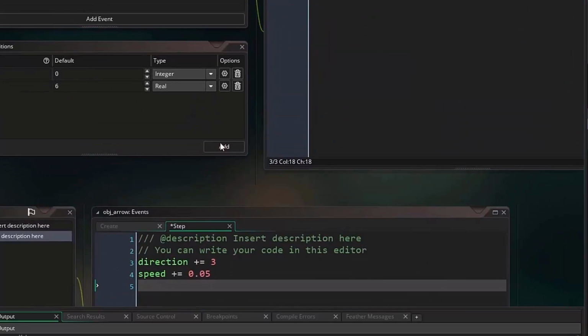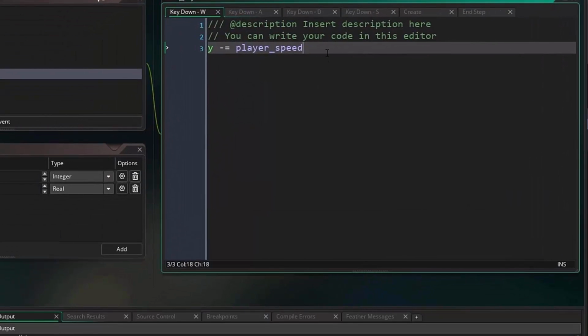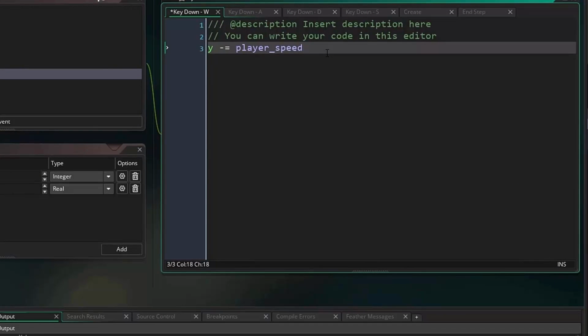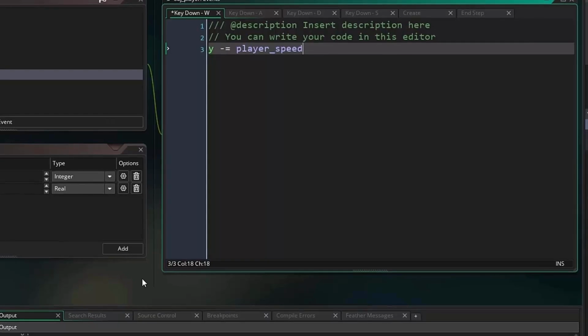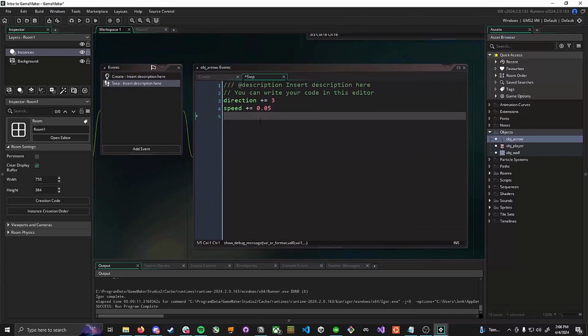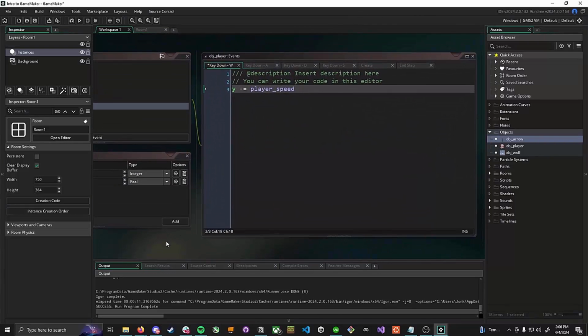The same would be true for our player if we were still using its H speed and its vertical speed as part of our player movement. But since we are directly editing the X and the Ys, the player itself does not have a speed and direction according to GameMaker. All right, so with that knowledge in your head and this method of moving our arrow,